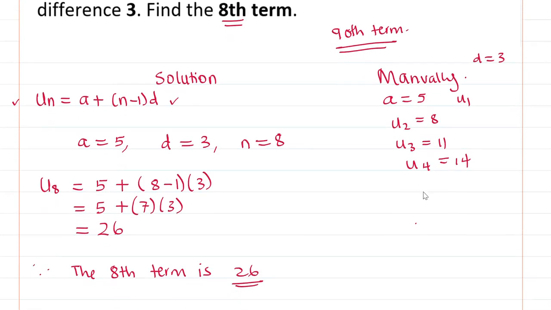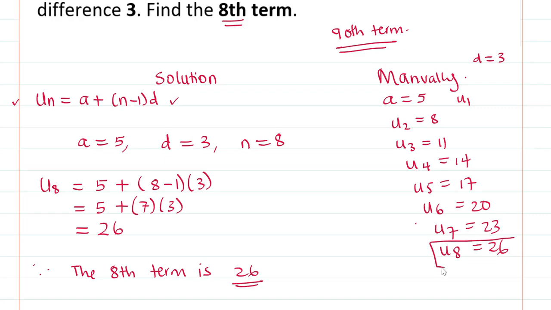Let me show you a manual method. u5 becomes 14 plus 3, 17. u6 becomes 17 plus 3, 20. u7 becomes 20 plus 3, 23. u8 becomes 23 plus 3, we get 26, which is the same thing that we got in the formula. So you can find a given term manually,